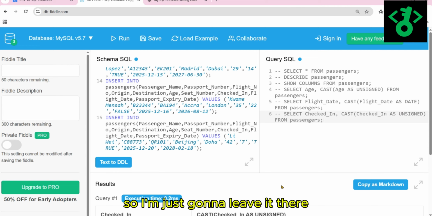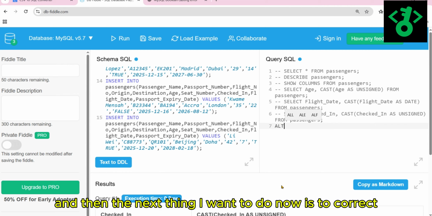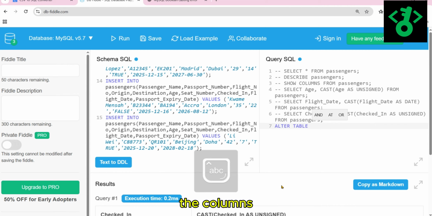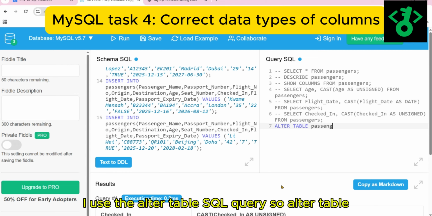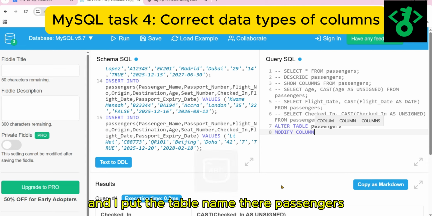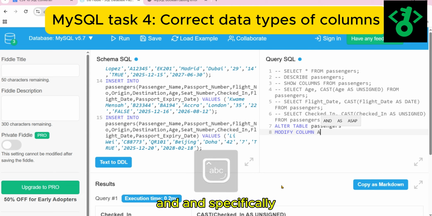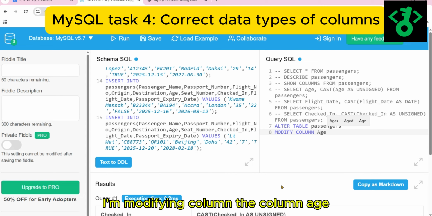So I'm just going to leave it there. And then the next thing I want to do now is to correct the columns. So in correcting the column data types, I use the alter table SQL query. So alter table, and I put the table name there, passengers, and specifically I am modifying the column